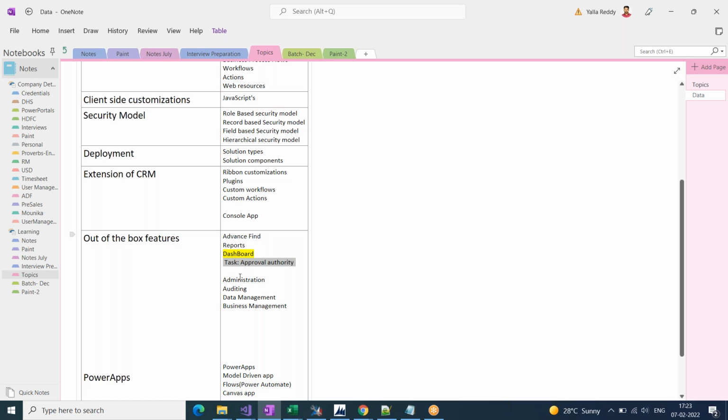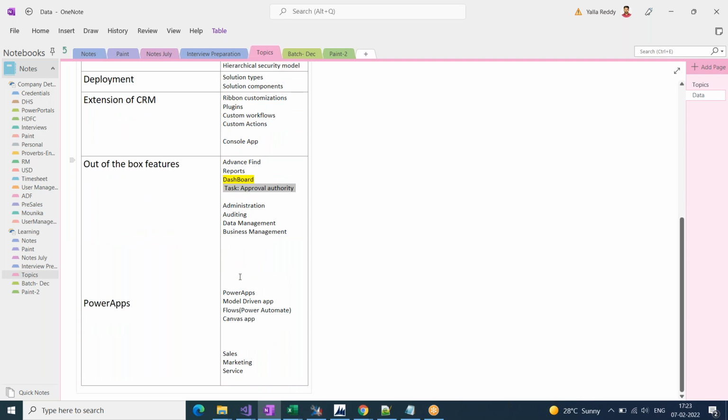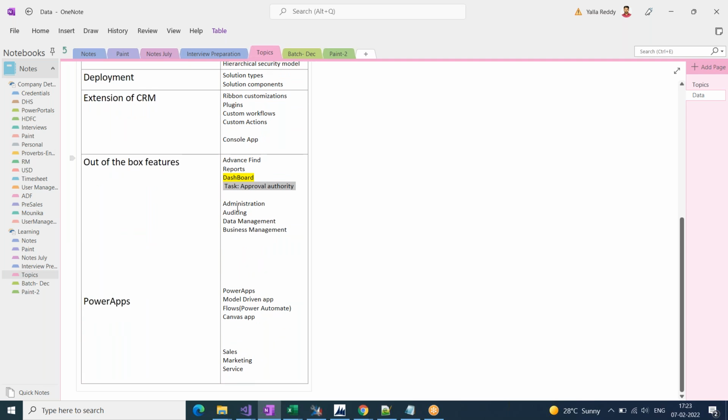Okay, right. Now coming to these, they are also different modules, and each will have specific functionalities. We will discuss them one by one. Okay, and coming to